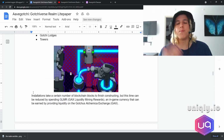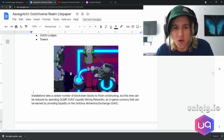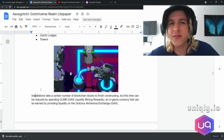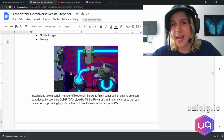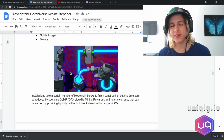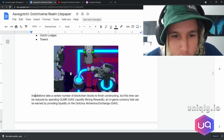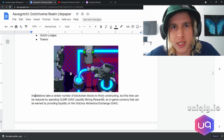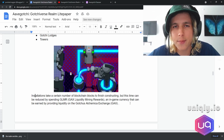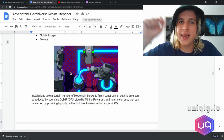Now, like I said before, there are many different ways for you to actually earn in this game. Even providing liquidity for the Alchemica. There's going to be an Alchemica exchange. And if you provide liquidity, then you earn these tokens that you can use in game to speed up your construction. So you can actually be farming that token. I'm not sure if that token is specifically the Glamour, the GLMR, but GAX liquidity mining rewards are going to be able to be sold in the market. But the point is that there are many ways to produce income, to produce value within the game. So you could be farming these resources, not even using them yourself, and use them to provide liquidity